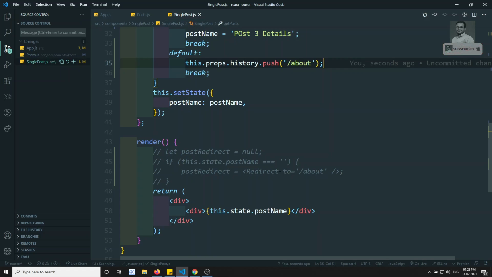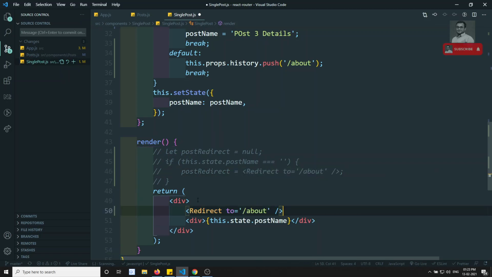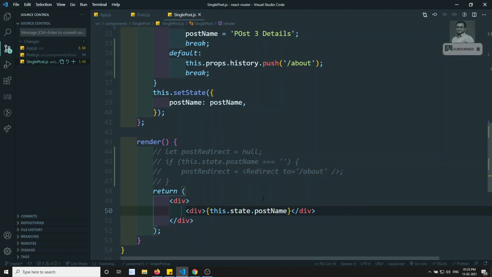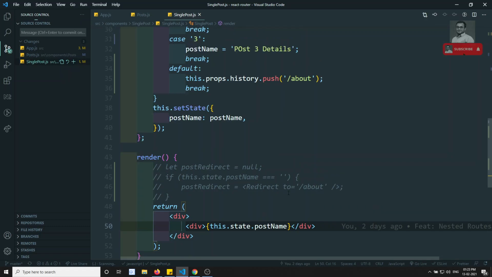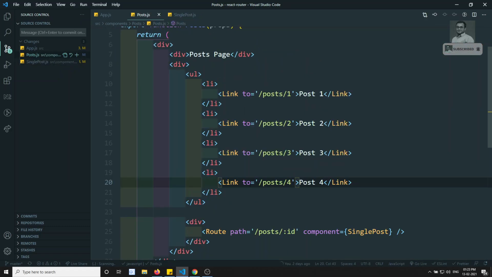So using this redirect component in the JSX, if you want to write it, you can use this redirect component condition based, and you can move it. You cannot directly use this redirect inside this HTML. Why? Because this doesn't have a from thing. So this should be used conditional based only. Okay, so this is about the redirect thing, how to use the redirect in the React router.